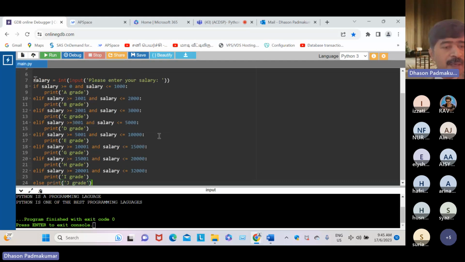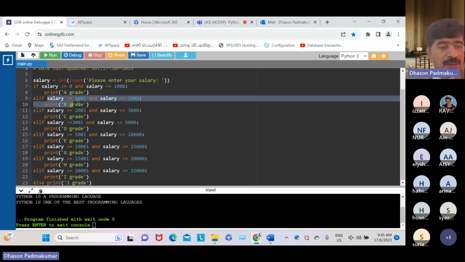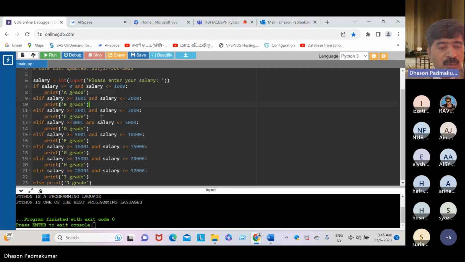So, dear student, we are reading inputs from users. If salary is greater than or equal to 0 and less than 1,000, we print it. Else, this is a range expression. And the salary range 2001 to 3000. Equal is an operator, greater than or equal to is an operator, so don't leave a single space here. People will laugh at you.